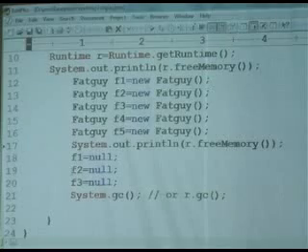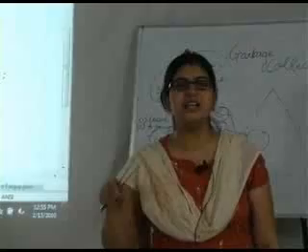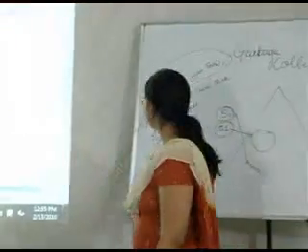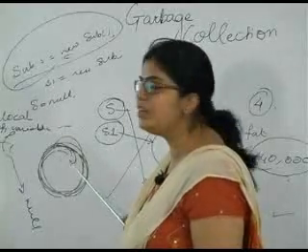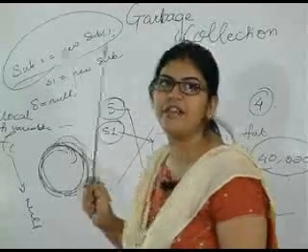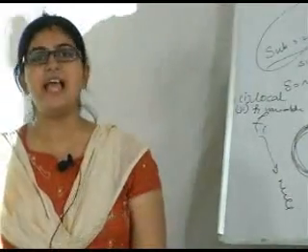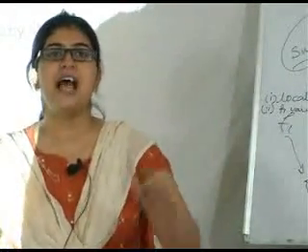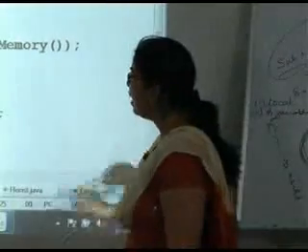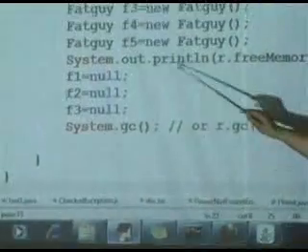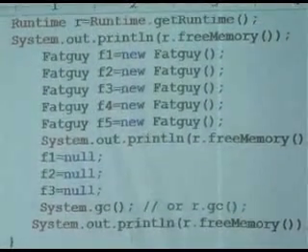What would happen to the garbage collector now? The garbage collector is going to go to the heap and check if it has any objects which it can take in the garbage collection. If the objects are present which do not have any reference variable and they are eligible for garbage collection, I am going to reclaim those objects and free the memory. So I am going to call System.gc over here and again print my memory. Okay, so now compile this.